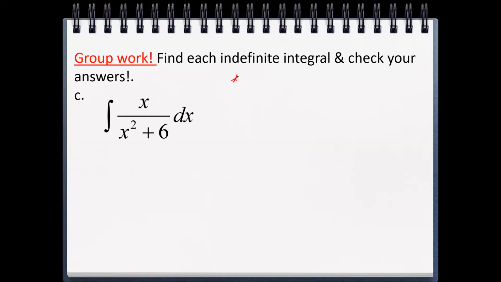All right, so the first thing I always like to do is write down the formula so that way I know exactly what I'm trying to achieve. I know that the integral of 1 over u is going to be ln u plus c. So I know that this right here is my goal, is I want to somehow manipulate this equation to get to an integral of 1 over u, okay, du. So with this said, I'm going to have to use a u substitution. So let's just say let u be the denominator, x squared plus 6.